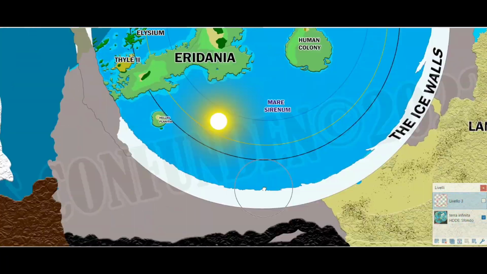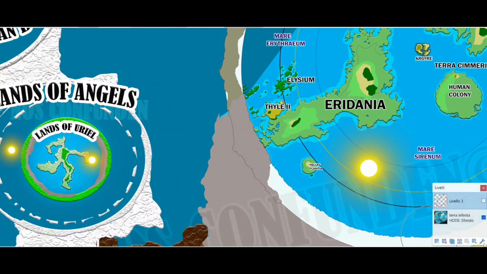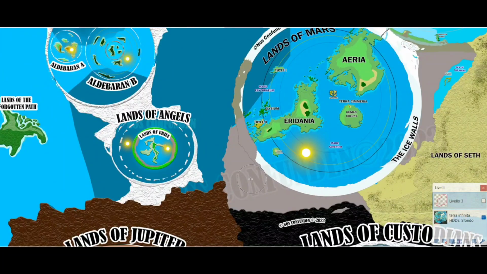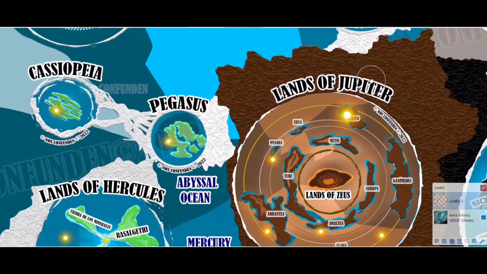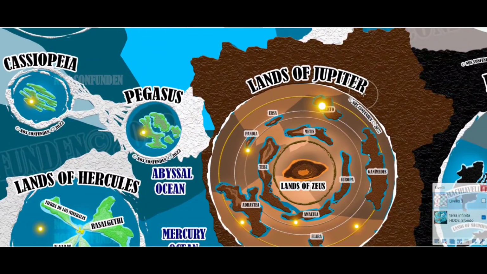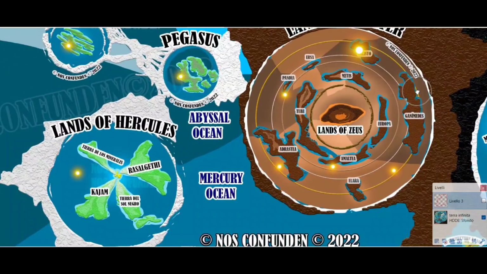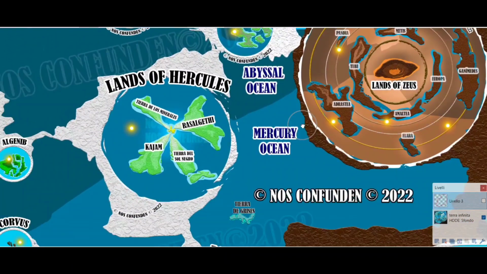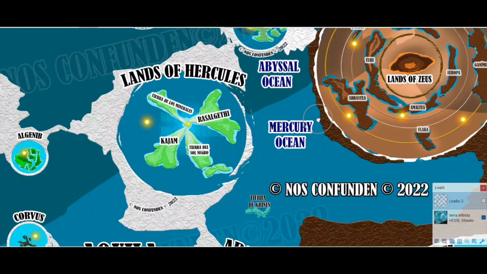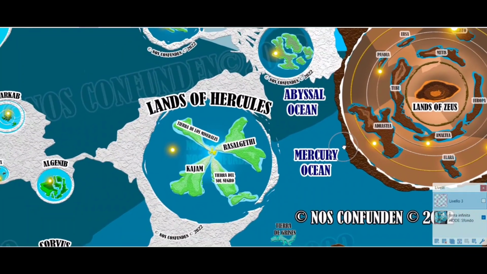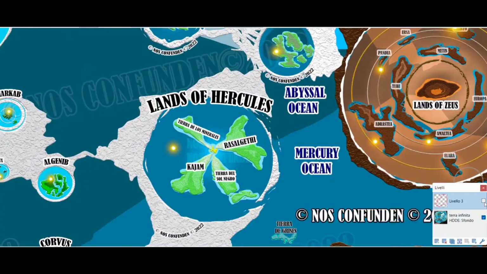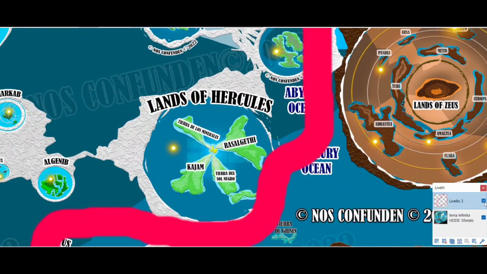And what we'll be doing today is look at one of those places that is very much connected to the ancient Greek pantheon. Any of these planes of existence can have lore by itself simply regarding the plane of existence, or some lore that can be explained only through the knowledge of mythology. So what we'll be doing today is exactly this thing I'm talking about. We'll be starting with the lands of Hercules. In fact, it's probably one of the most interesting parts of the map that has been left out from the ones we've already talked about.